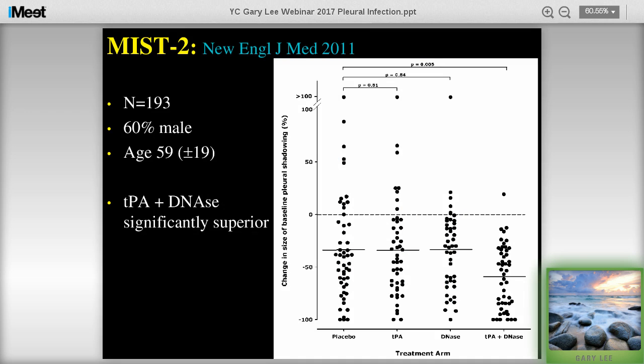This is the percentage of the hemithorax covered by the pleural opacity. So 0 means that at day 7, the X-ray was no different than day 1, and negative 100% means that it has complete clearance of the pleural opacity. You can see in the placebo group there's about a 30% improvement, but fibrinolytics by itself was no different than the placebo. DNase by itself was no different than the placebo, but it's only the combination treatment that doubles